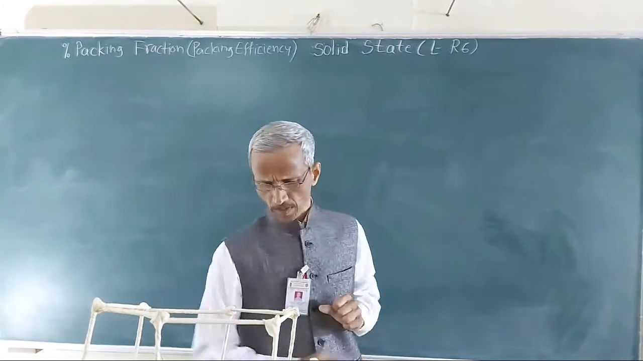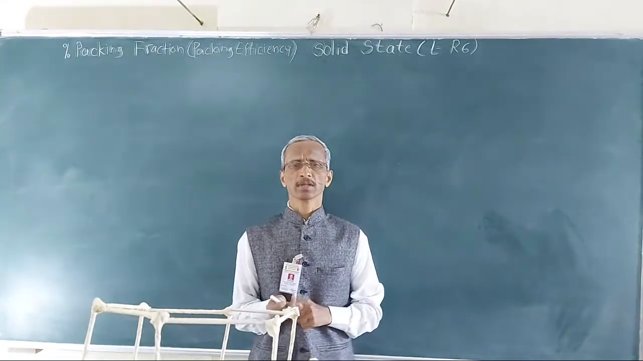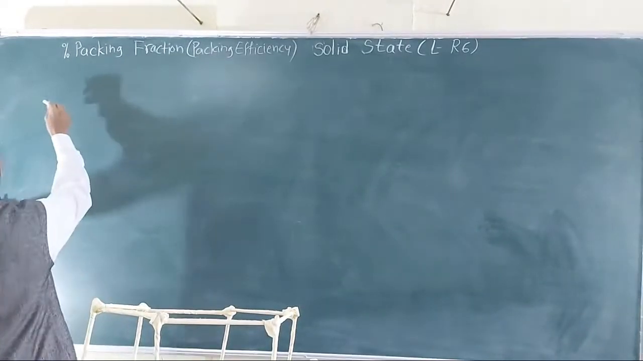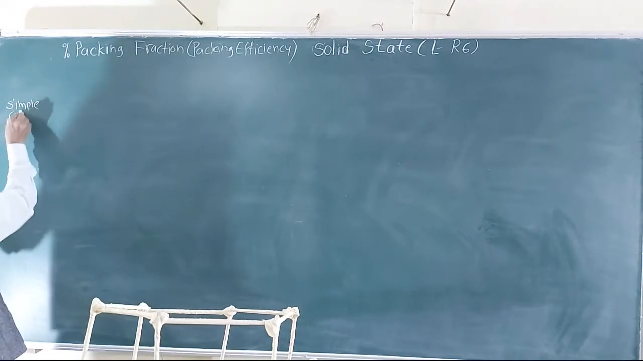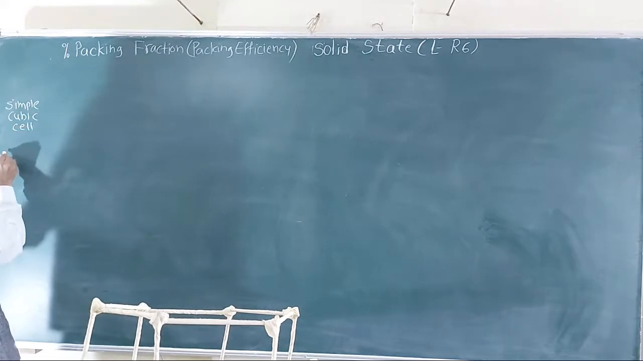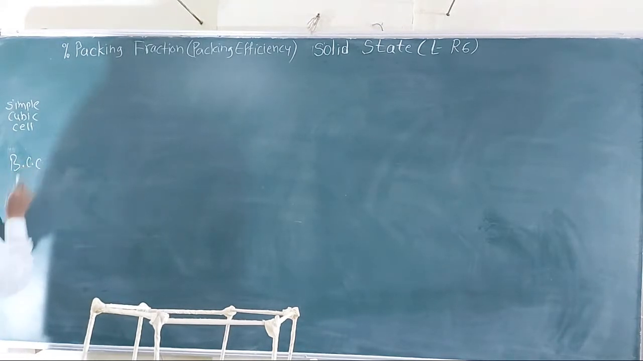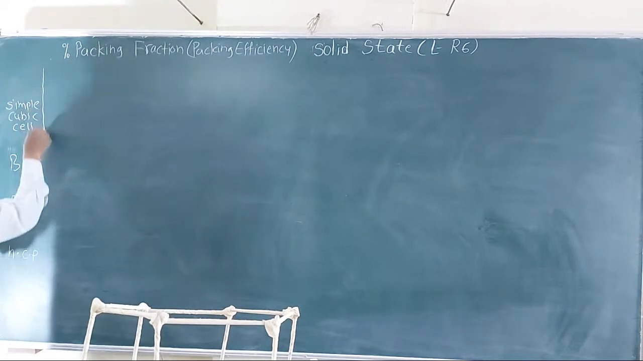Okay, so here we are going to determine the percentage efficiency in the case of some of the unit cells. For example, the simple cubic cell, or the body centered cubic cell, one can write BCC, or the face centered cubic cell, and the hexagonal close packed cell. Okay, so here let us